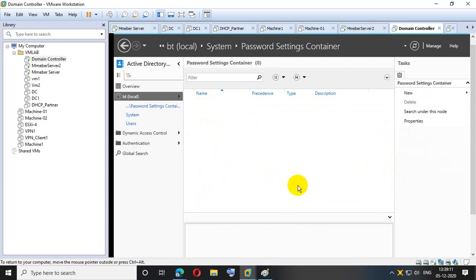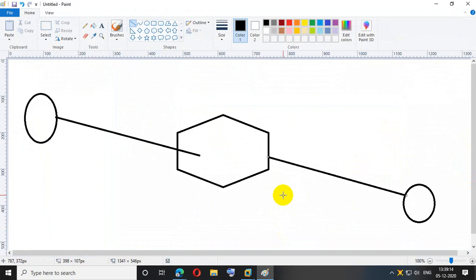Okay. Now I'm telling you the concept. The concept is PSO, password security object. Like you guys know, the last day I covered the domain policy. Once the domain policy is applied to the domain, by default the user's password will be 7 characters long. It will have complexity. That means the user cannot reuse the last 42 passwords. But these default settings are only for general users and general staff, including engineers, marketing, sales, and other guys.